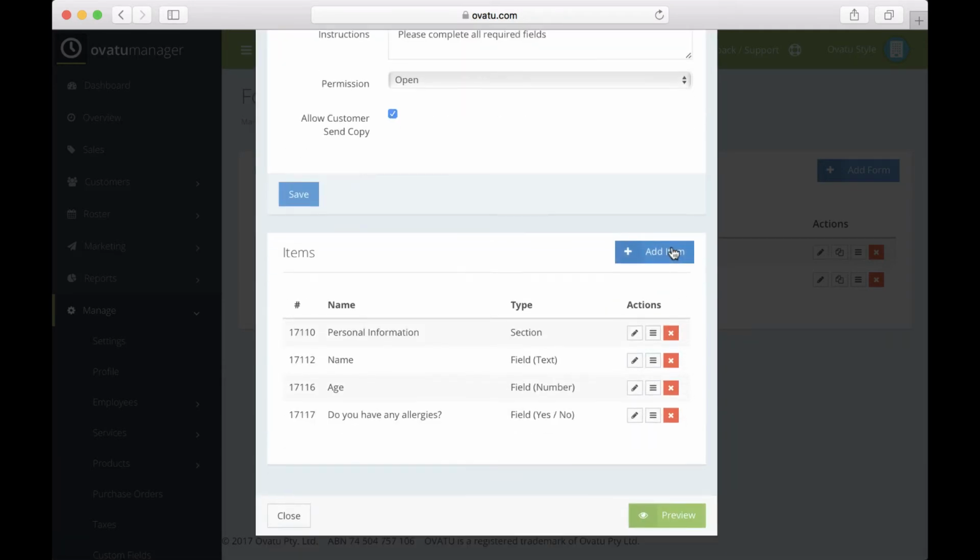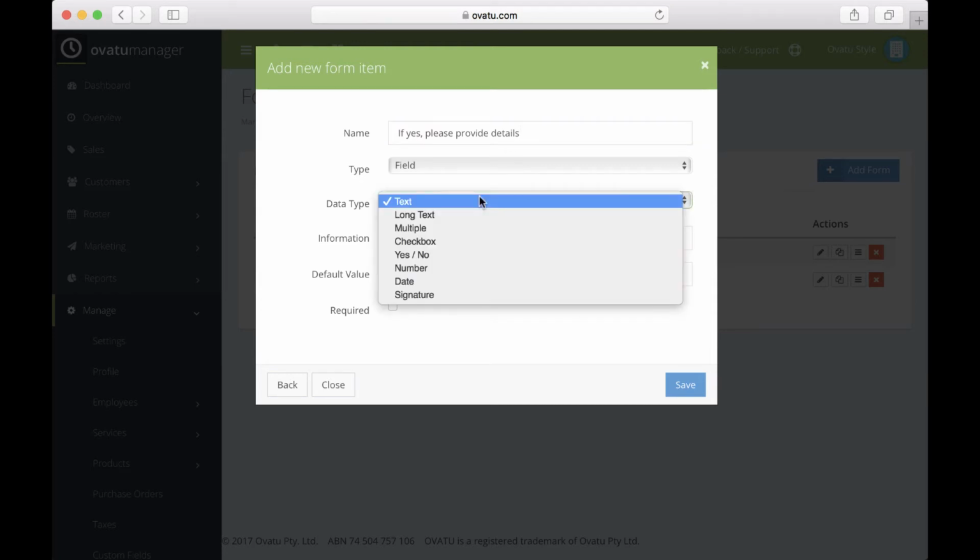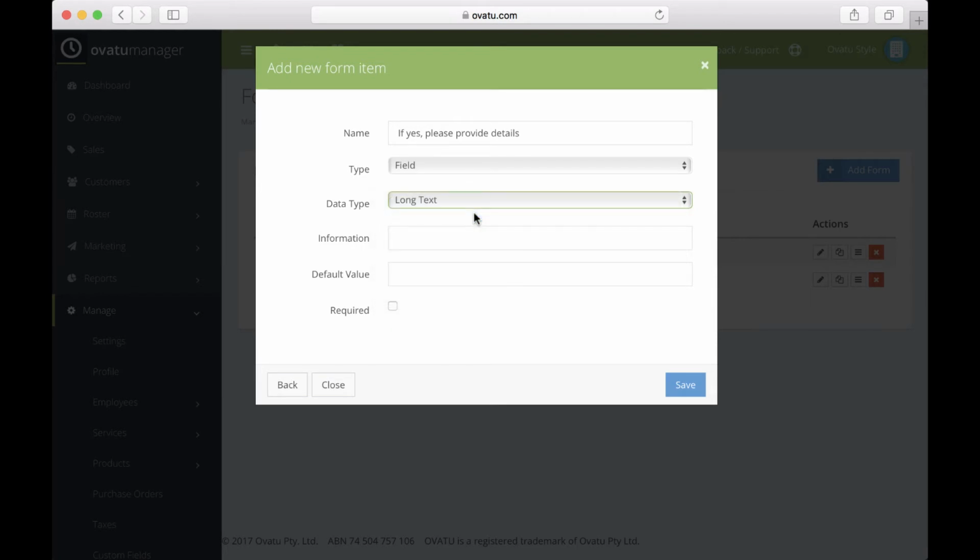Let's keep going with the next item, add item. Or we can ask the customer to provide more details to our previous question. So let's write, if yes, please provide details. The type is going to be field, and the data type is going to be long text. We can enter a default value of NA, and the long text option will allow the customer to enter in as much information as they like. We'll make this particular field not required in case they don't have any additional information that they want to add. Click Save,